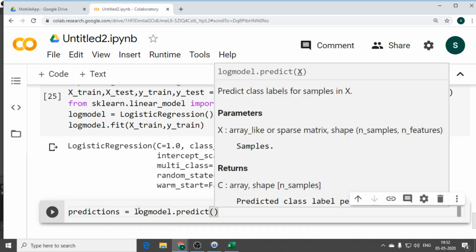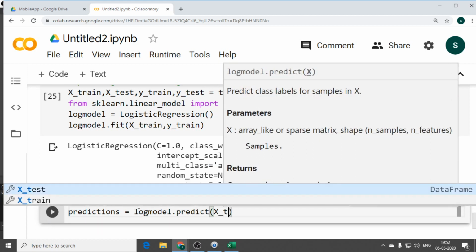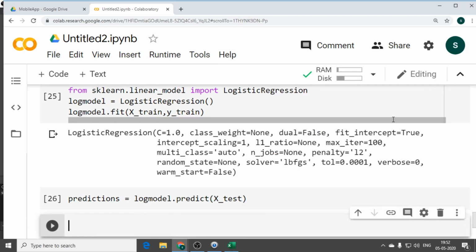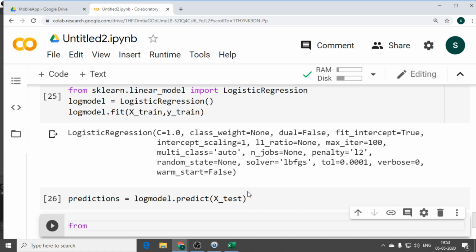For prediction, you always need to give your X test. See, X test is for predicting the data. Then finally you need to calculate the accuracy.